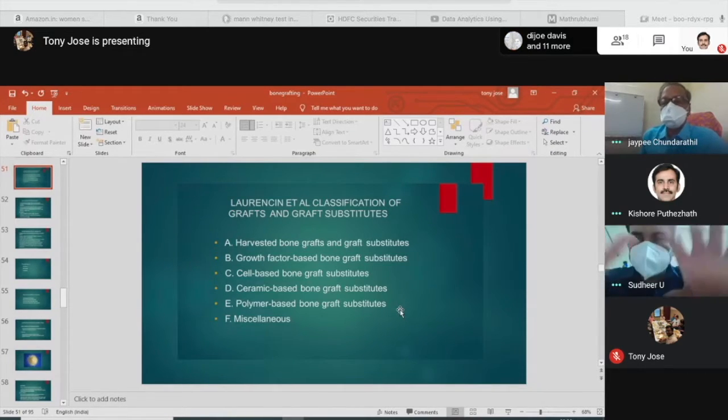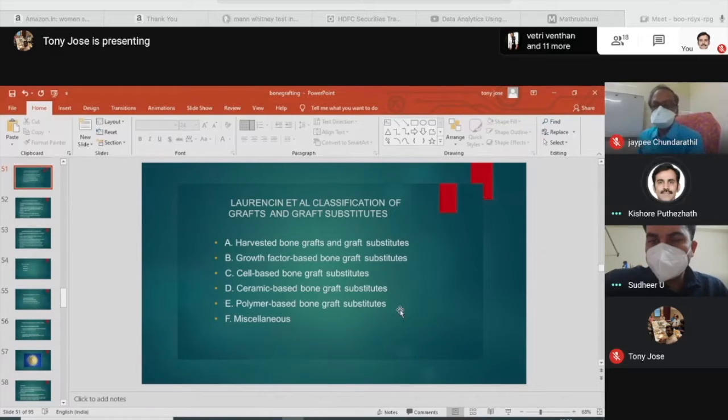So we will be showing some paper. Okay. We'll start from A. The harvested bone grafts are generally morselized bone. You have shown some powder-like bone in one of your pictures. So they are actually morselized allografts. So they are harvested from other people, and sometimes 2 or 3 people's bone may be there. They are processed, antigen will be removed, and they are converted into a powder-like substance.